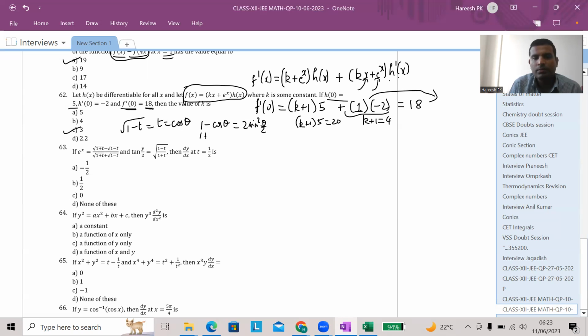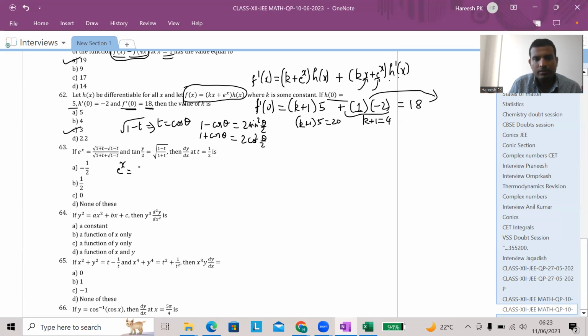And similarly, 1 plus cos theta becomes 2 cos square theta by 2. So when I make that substitution, t as cos theta, I will end up getting e power x is equal to 1 plus t, right? Root of